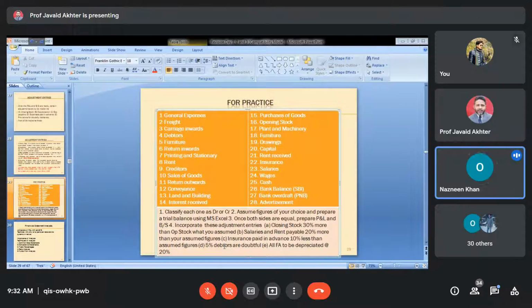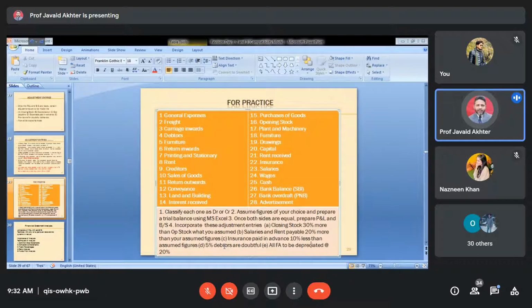So what will be drawings? Drawing means the money which a businessman withdraws from his business. Usually it is applicable in the case of a sole trader. He started business with 10 lakh rupees, and during the year he drew 1 lakh rupees. So this 1 lakh rupees is known as drawings. When we go to the balance sheet, we write capital and add profit. From that we subtract drawings.